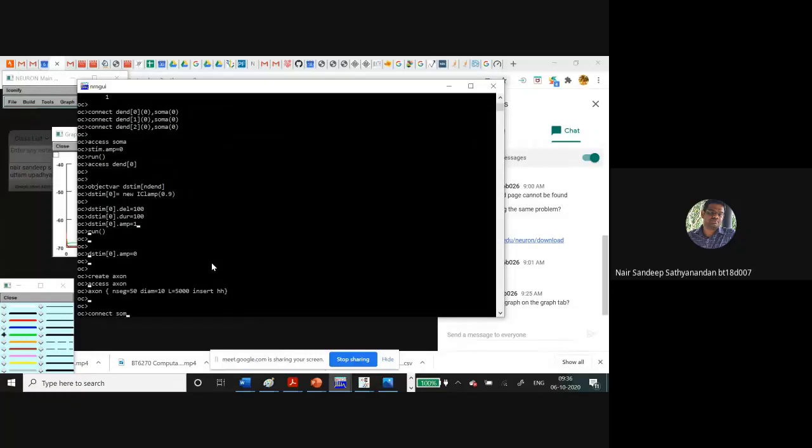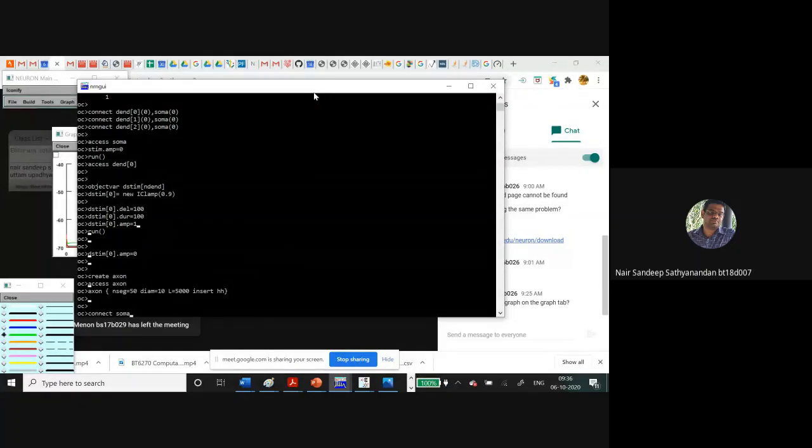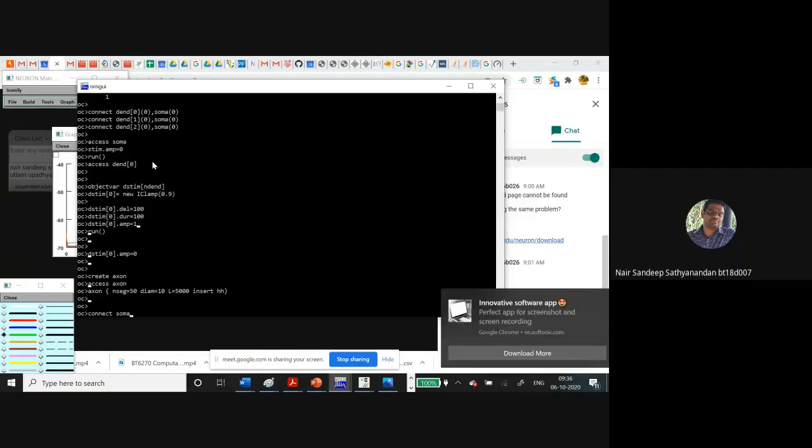So how do we connect it? What would be the connect command? Earlier we connected the dendrites to the soma, so the command is here on the top. Yes. So now we want to connect the soma to the axon.